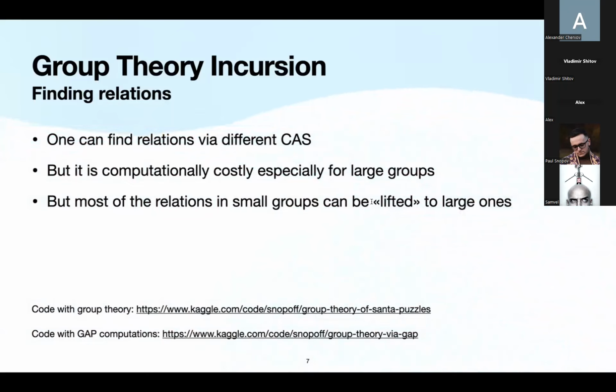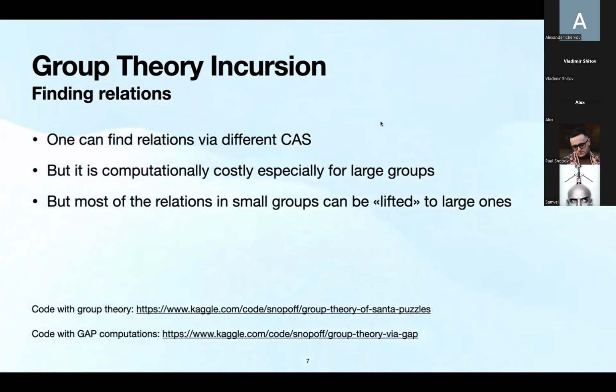What I mean by lifted here is that, for example, we took just our black box like GAP or any other system that can compute the relations, and it provided us with some relation. It's basically just some sequence of moves, for example this one, and something else, blah blah blah, in a smaller group. So we can look at that and probably get some idea behind the similar relations in the larger ones. So that's what I basically mean.